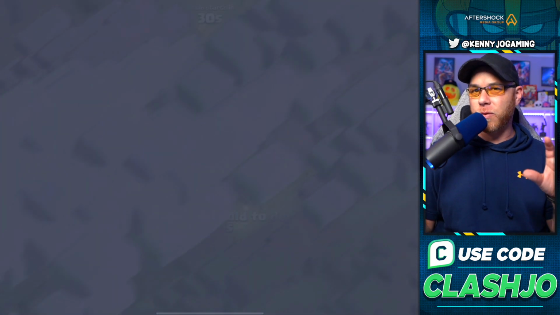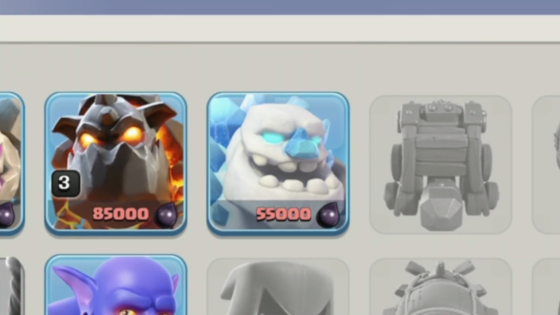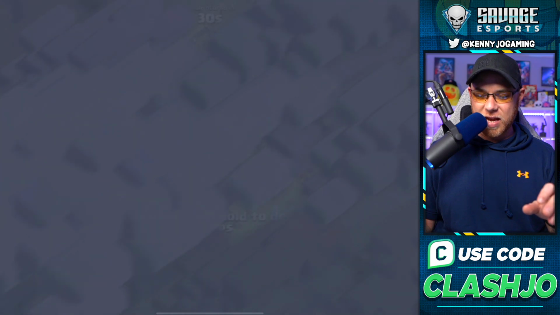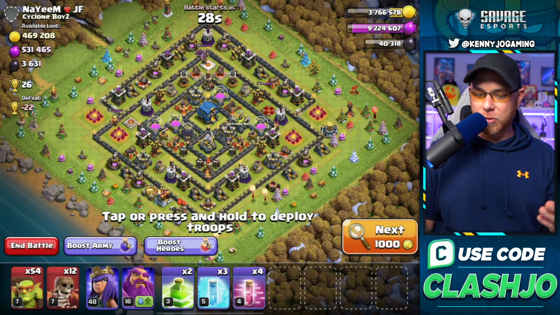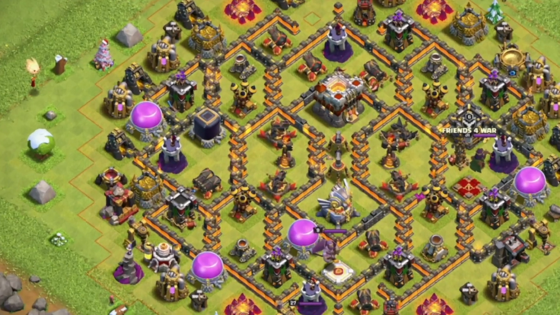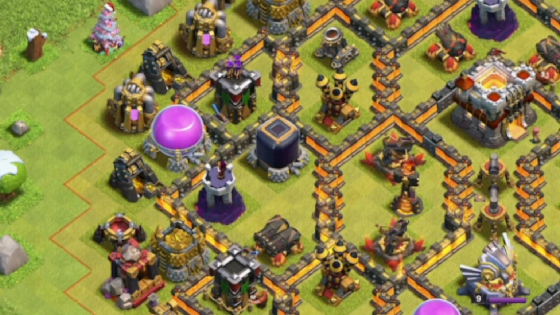1,447. Really not. We needed what, 55,000 for that ice golem upgrade. So this base right here has the dark elixir, is only 3197. We're trying to find something that's a little bit more than what they're offering, and sometimes you just might have to click through some. So you see right here, we got the dark elixir very easily exposed,